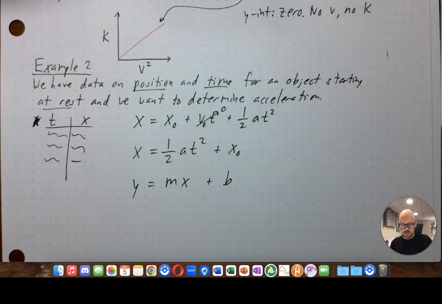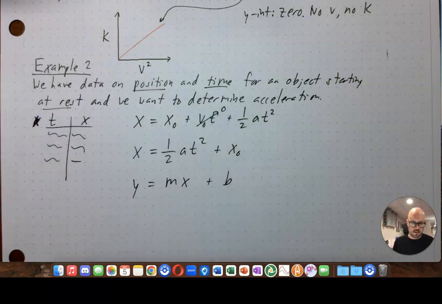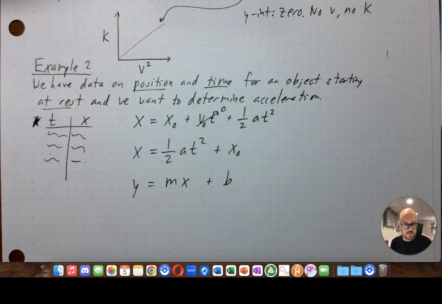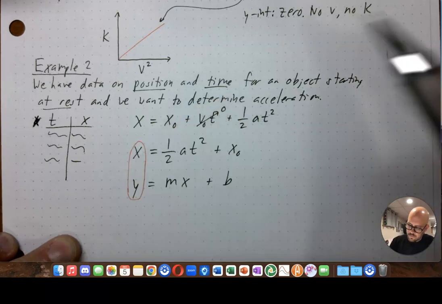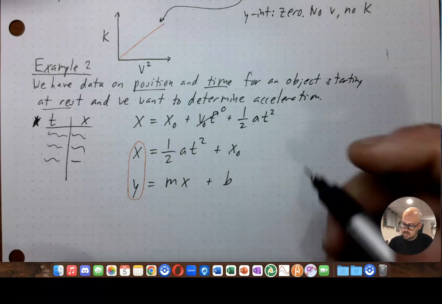And so again, if I take data on position and time and there's acceleration, I'm going to get a curved graph. You know this from the kinematics unit, that I would get a graph that is quadratic because position varies with the square of time. But I want to make a linear graph. So I do the same thing I just did. I'm going to circle these two. And so on the y-axis,